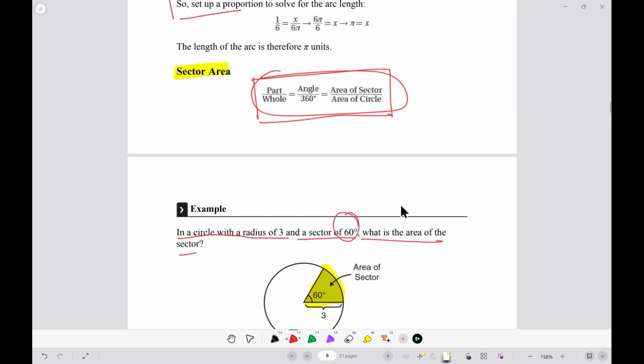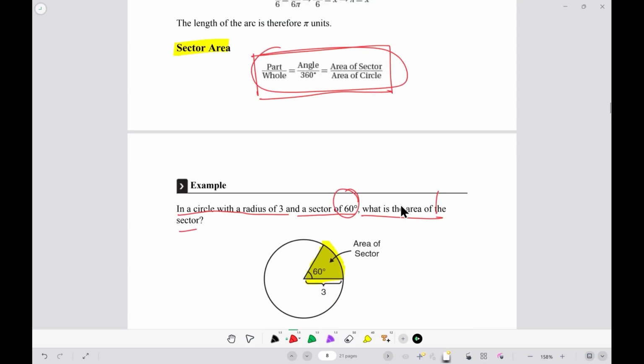Then tell me, how can you solve this problem? Tell me. 360 divided by 360, and then, I don't know. Try it, at least you should try. 60 divided by 360, you're telling 60 degrees divided by 360 degrees, and then